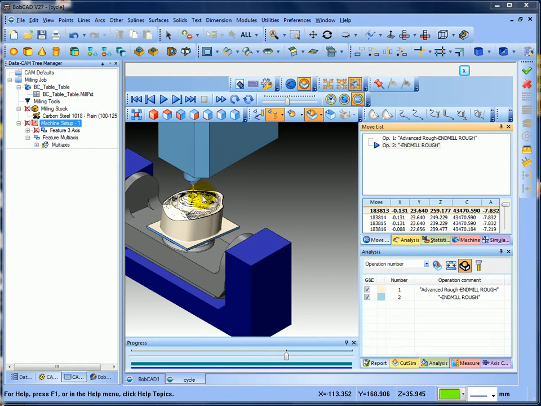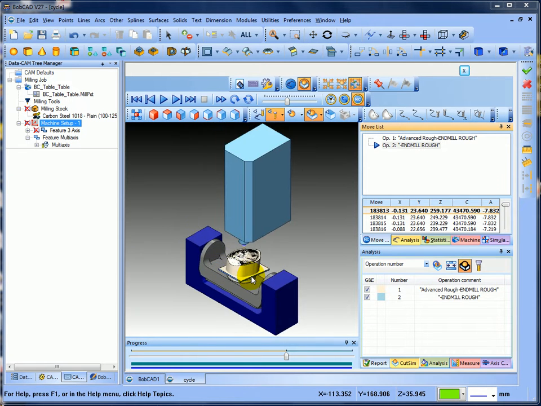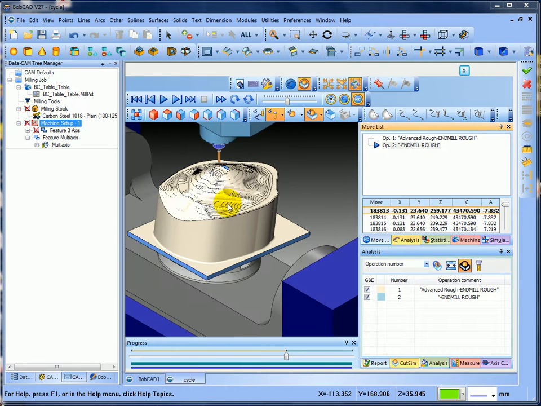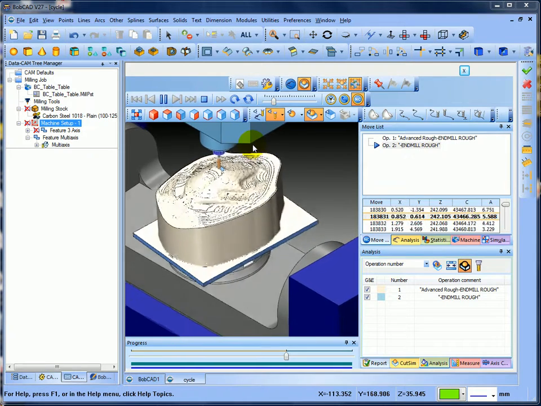And as you can see now, you can see the operation, it's roughed it out. What I'll do now is I want to run the 5-axis on the trunnion, and let's see where we go from here. So if we just play the run,